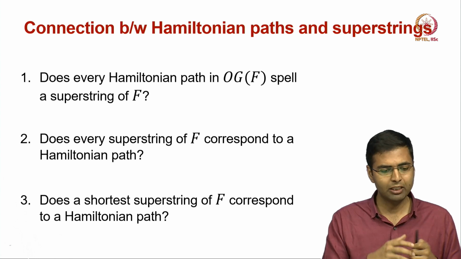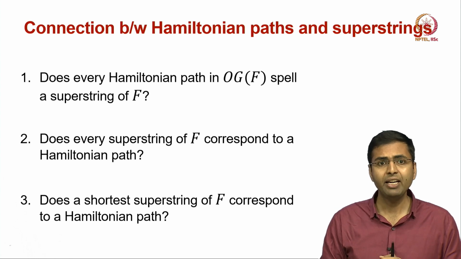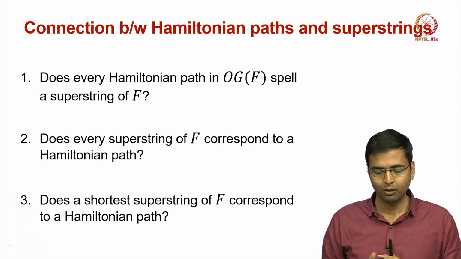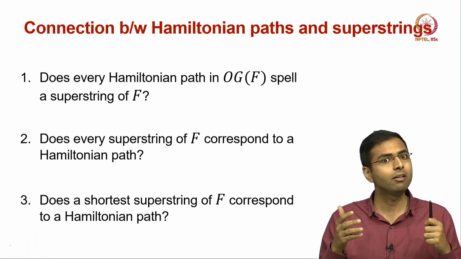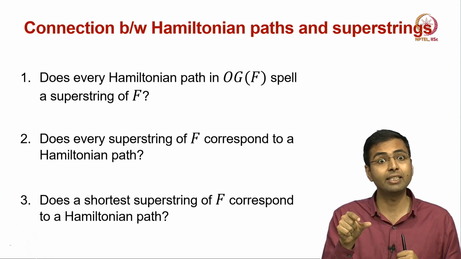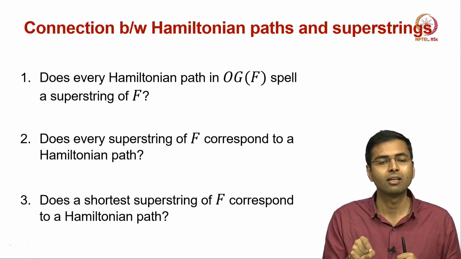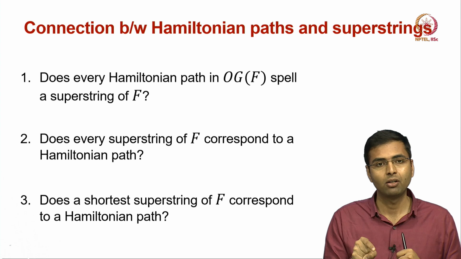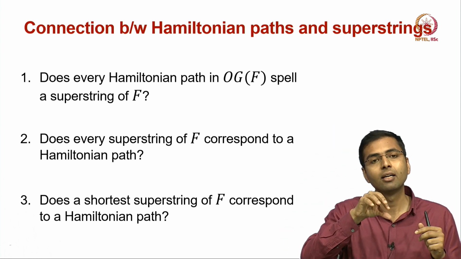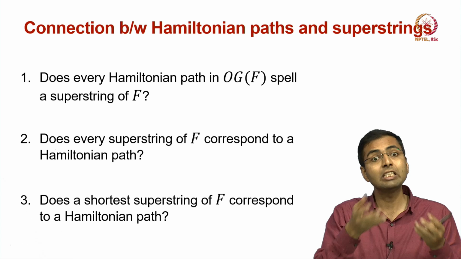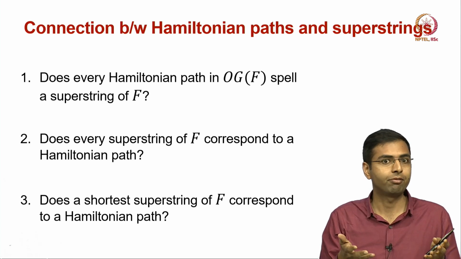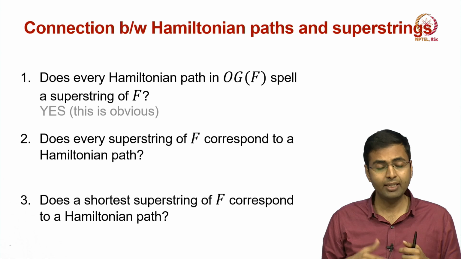So, let us start with the first question. Does every Hamiltonian path in the graph spell a superstring of F? Well, if you think intuitively, because a Hamiltonian path visits every vertex, that is it considers every string in the set F. Therefore, because we are visiting every string, the string spelled by the Hamiltonian path will be a superstring of F. So, this is obvious,